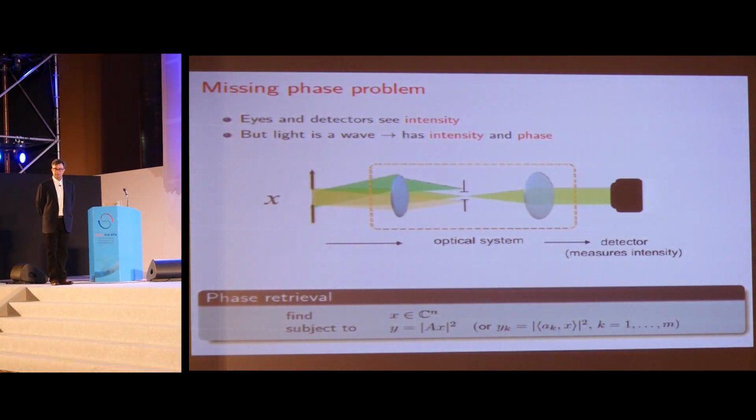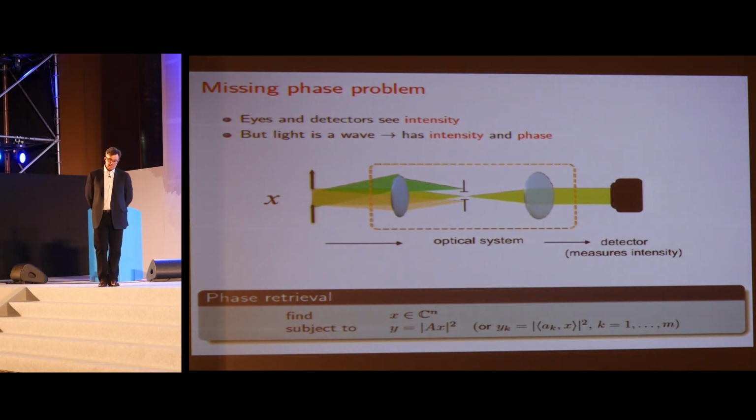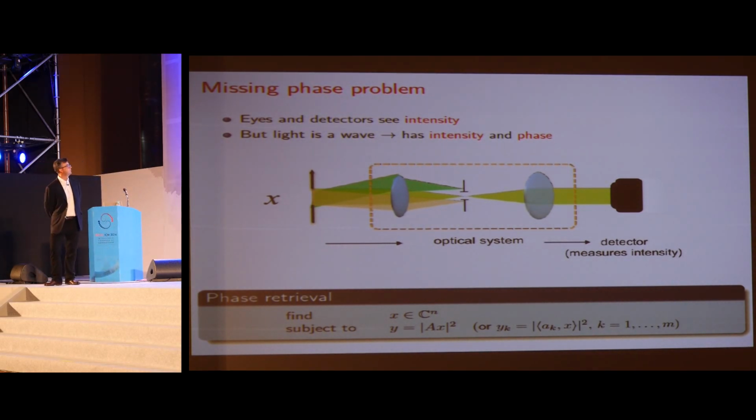Our second application, still in imaging, which is less of an application, it's more like where these ideas can take us, has to do with phase retrieval. Phase retrieval is a very old problem, and it has to do with the fact that light is a wave, and by virtue of being a wave, it has an intensity and a phase. The problem is that detectors can measure intensity, but they cannot measure phase. And so when I have a light field, X, which goes into an optical system, and I have a camera in the end, or whatever, or my eye, I will not see the phase.